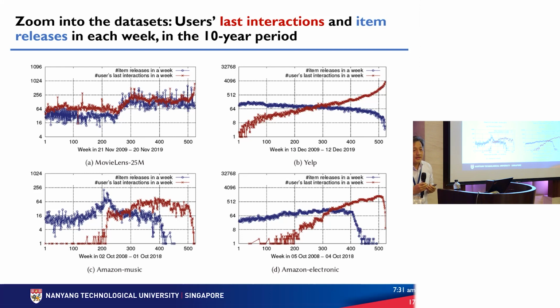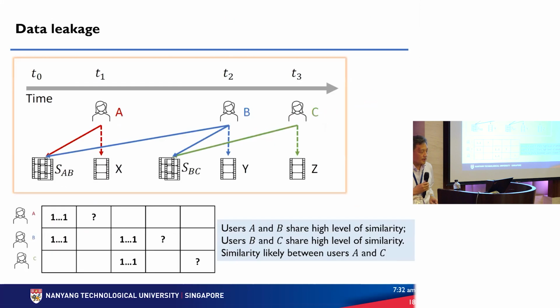Very unlikely, okay? And this is the Yelp data. This is Amazon Electronics data. This is Amazon Music data. So basically, we know new songs are released from time to time, right? And users stop using this platform from time to time, but yet we put them into a static data set and do the evaluation, right? And you may consider that it probably doesn't affect our results, but if you consider that,